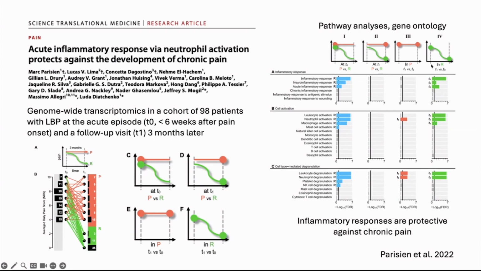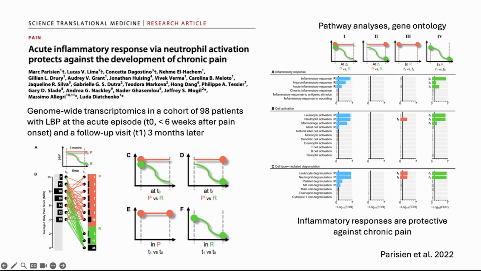And then finally, in the last 2 panels, panel 3 and 4, they are looking at changes within subjects, so within each group, to see if there were, again, changes over time in the patients that either persisted in their pain, here in orange, or that recovered in their pain, here in green. And what they found was that for patients that persisted in their pain, there were very minor changes, but for patients that recovered from pain, they found, again, a very big change, a notable decrease in all features that were overexpressed at this acute stage. So basically, all these 3 parameters are reduced after 3 months.